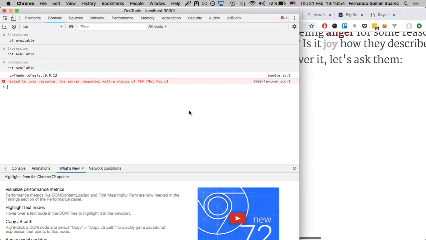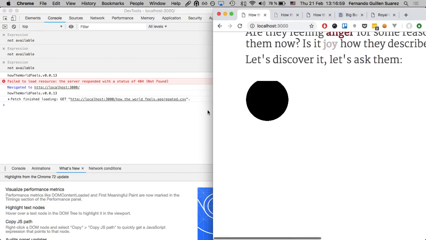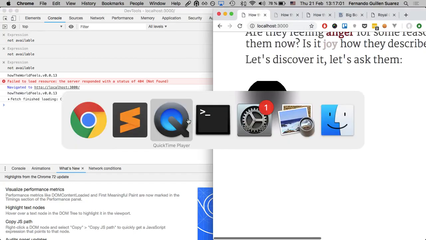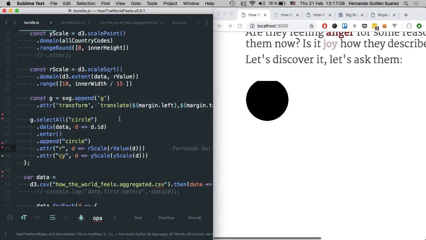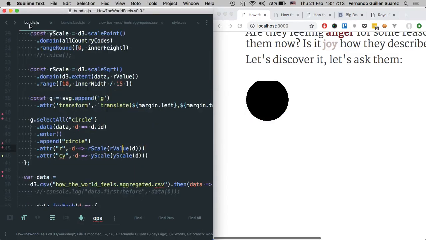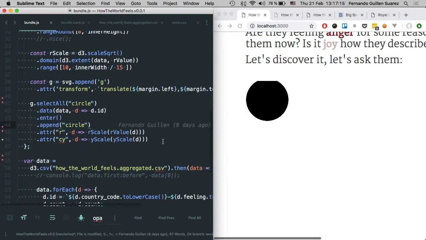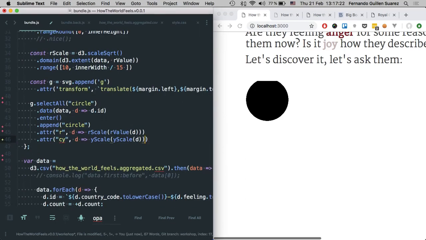And does it also need to be cx rather than x? I still haven't started with the cx, so this should not be the problem. The cy attribute for some reason. Yeah? It should be the d.value, not the scale. Ah, perfect. Thank you. You are a D3 expert already. No, just